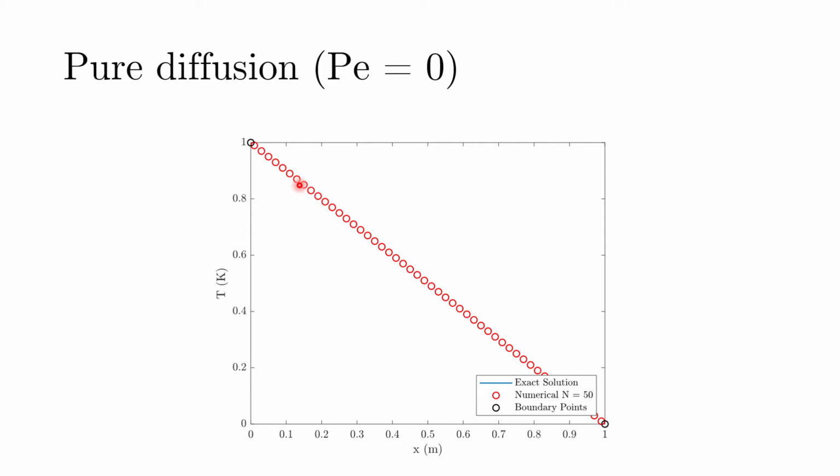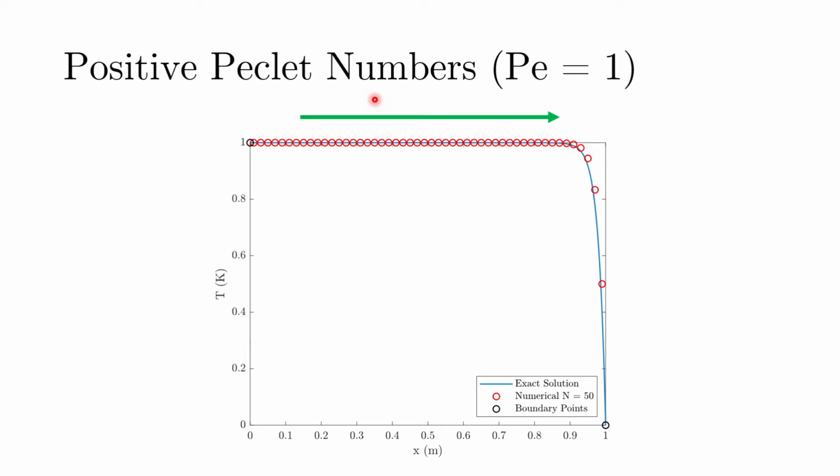So now if we increase the Peclet number, let us say we put a positive Peclet number of 1. What that means is that the convection forces and the diffusion forces are in balance. Because the Peclet number is positive, the convection term is positive, which means the u velocity is positive. So remember, the density, the diffusivity and the grid spacing are already positive terms. So depending on the magnitude of u, or rather the direction of u, whether it's in a positive direction or the negative direction, the Peclet number could either be negative or positive. So first we are looking at the Peclet number equals 1 case, that is a positive flow velocity case.